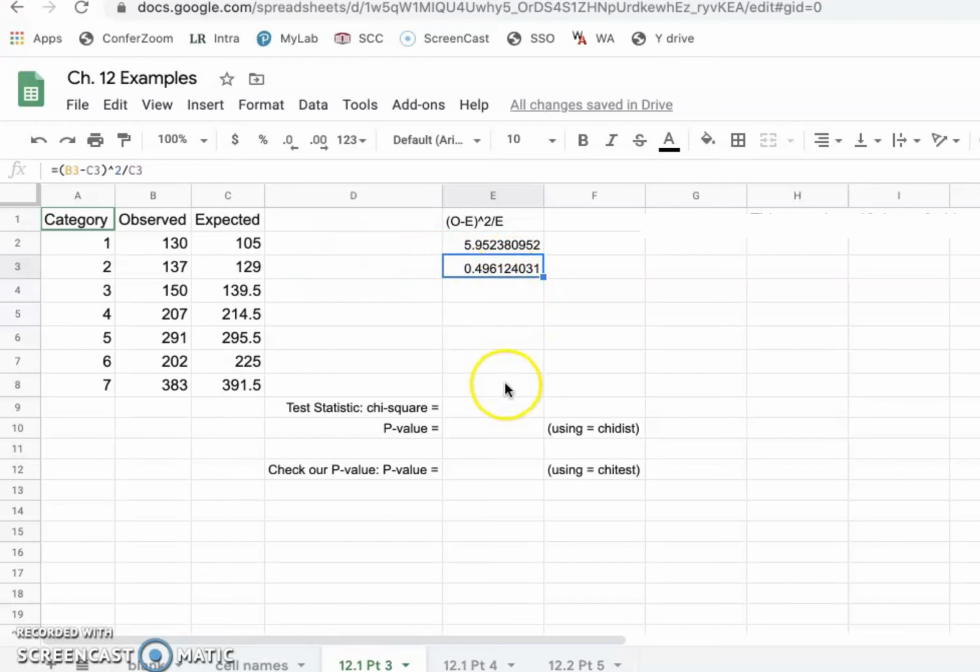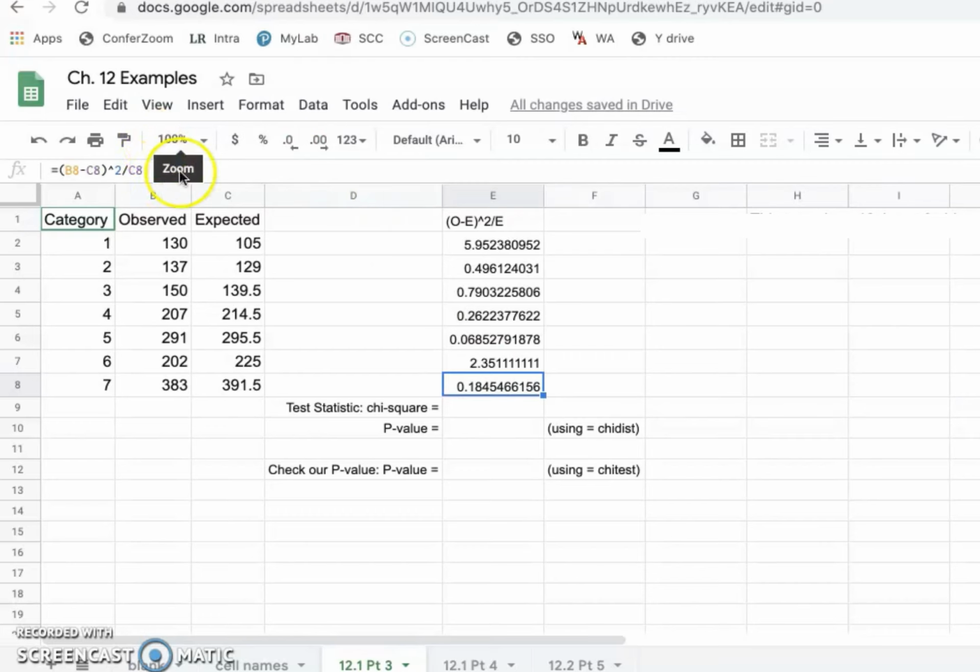Now, we don't have to keep on entering the formula for all of these. What you can do is click the last cell that you entered a formula into, and notice in the lower right hand corner there's a little square. If you put your cursor over that square, it turns into a cross, and if you now click and drag down, it will apply that exact formula, but it will adjust for every line. So for example, let me do the last one. If I click there,